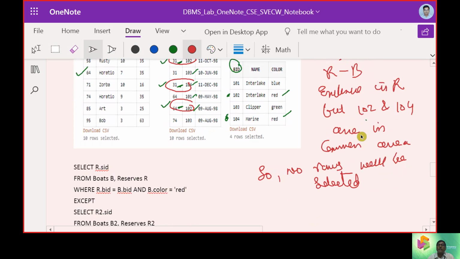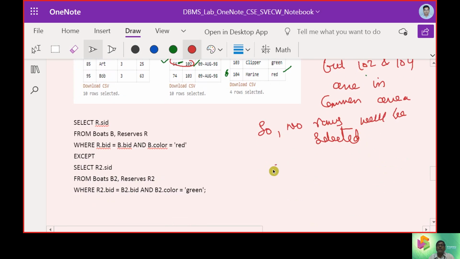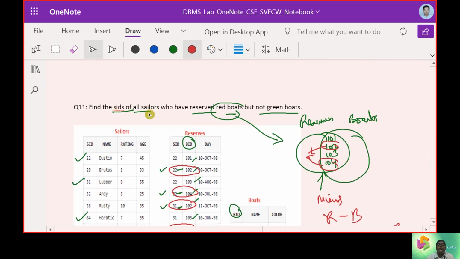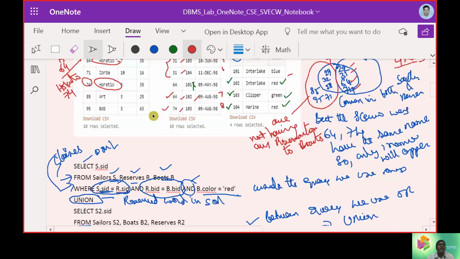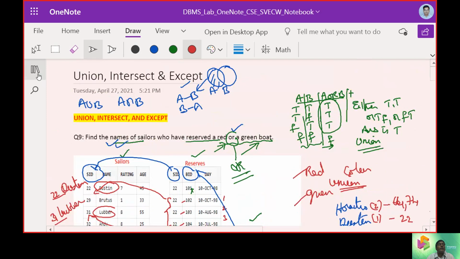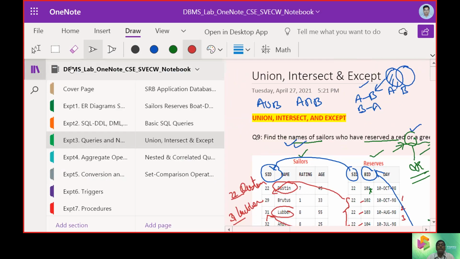So no rows will be selected from the second. Therefore, no answer to the query. So that's how we take up union, intersection, and except operations. So that is the thing we have discussed up to now.